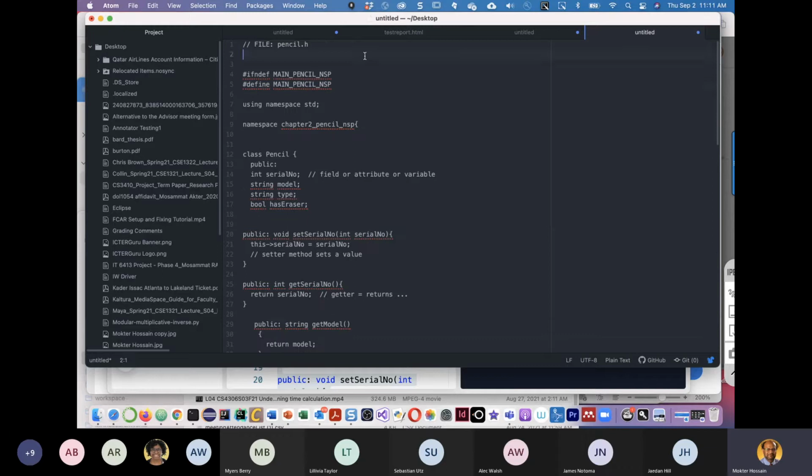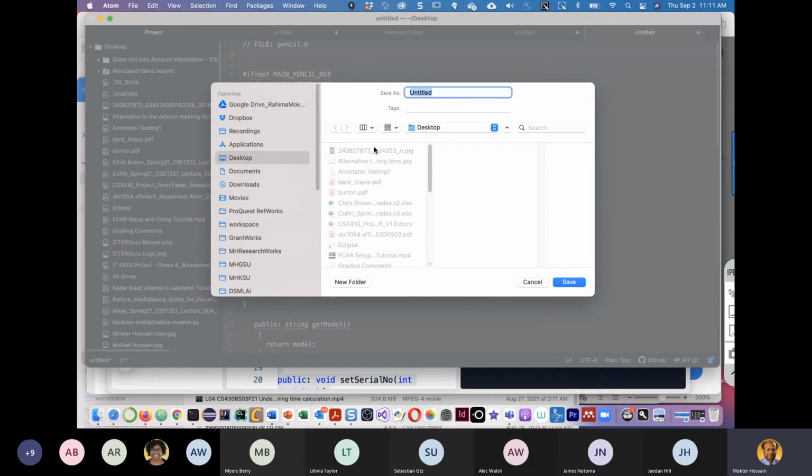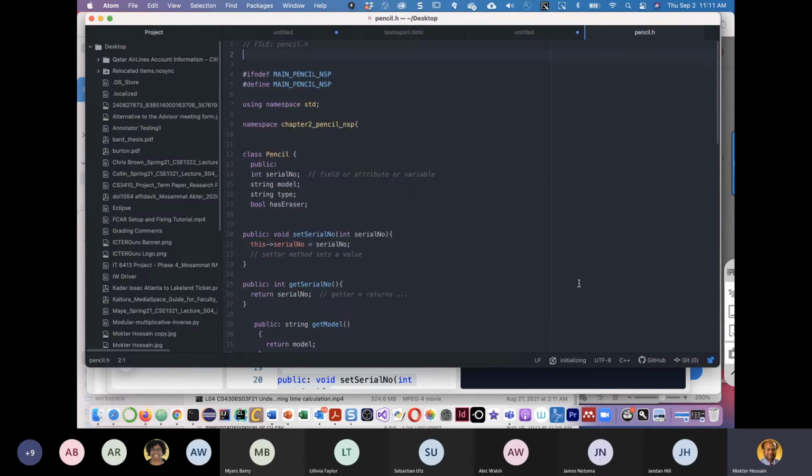Then save the file with the appropriate name. For instance, this file name is pencil.h. Give the exact extension name and then save it. So on your desktop, you are getting pencil.h over here. Now if you save it with the appropriate extension name,